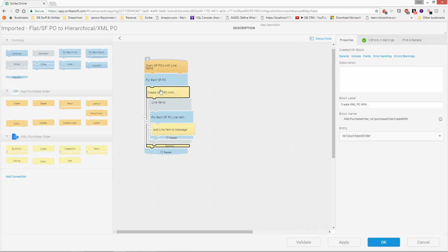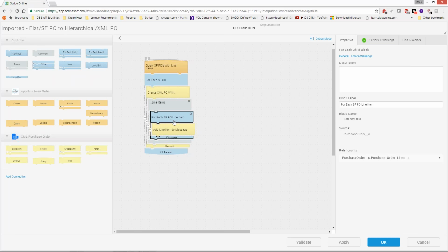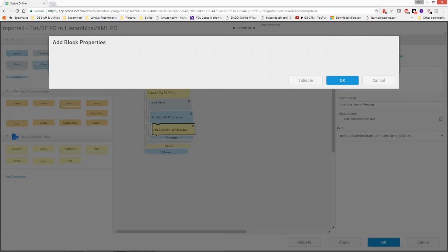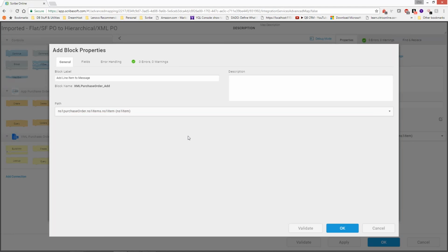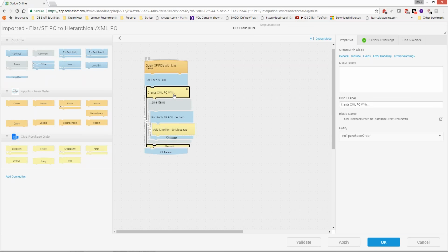That step is going to create that. It's going to start to create the message, basically. It's going to populate it with the header stuff. Then I'm going to move through the line items. And for each Salesforce line item, again, that's been joined in, I'm going to use that new add block we have. And again, because I've chosen this as a relationship that exists,